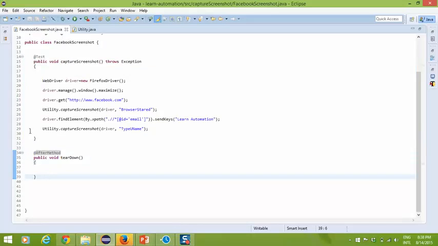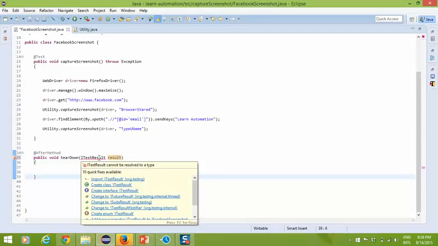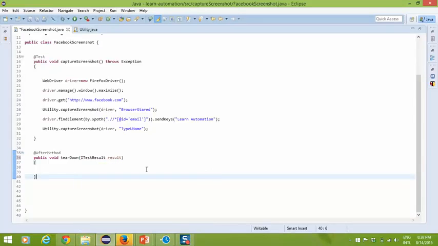Here we need to parameterize this, so I will write ITestResult. I was discussing the same. If you put the mouse over this, let me take some variable. This is a variable which I have taken, but now it will ask what exactly this ITestResult is. You can see ITestResult is a separate interface available. It even gives you a quick fix to import ITestResult, which is again part of TestNG, so I will simply click that.